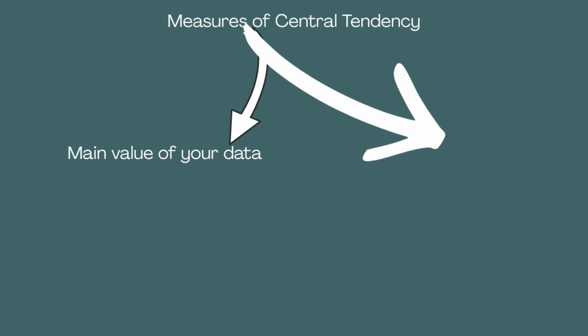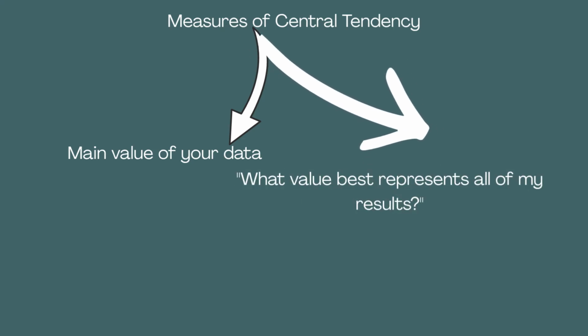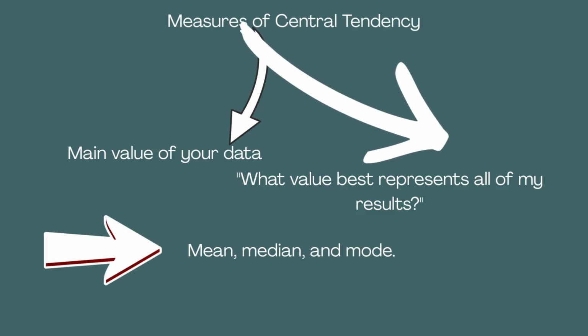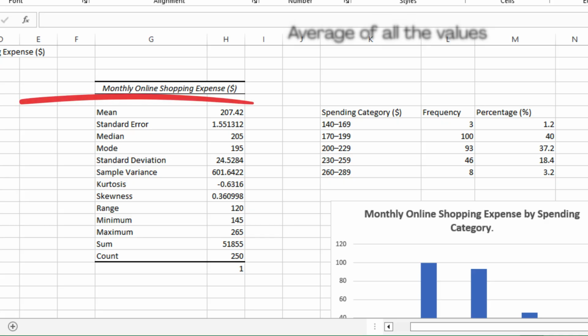What does descriptive statistics measure? Measures of central tendency. Measures of central tendency show the main value of your data. They answer the question, what value best represents all of my results? The most common measures are the mean, median, and mode. The mean is the average of all the values. It shows the overall average result in your data and gives you a general idea of where most of your